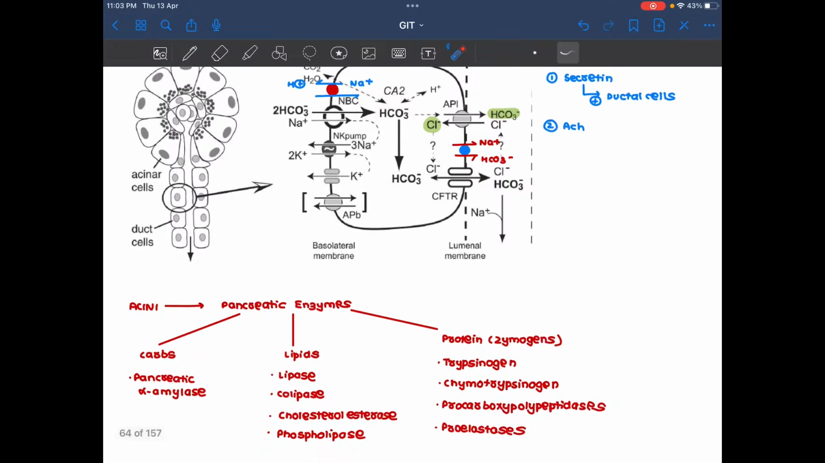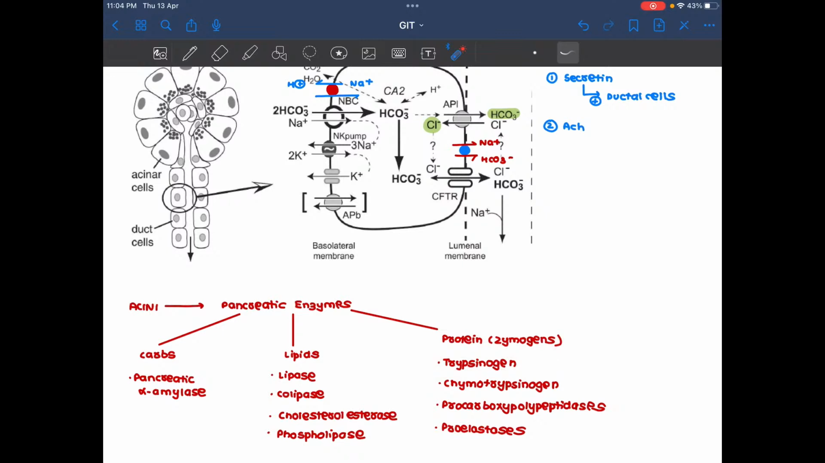pancreatic alpha amylase. For lipids, we have lipase, colipase, cholesterol esterase and phospholipase. And for proteins, we have multiple enzymes, and they're all released as zymogens, which are proenzymes. So what are they? They're trypsinogen, chymotrypsinogen, pro-carboxypolypeptidase, and your pro-elastases. So what happens is whenever trypsinogen enters into your intestine, when we know the pancreatic duct and your bile duct,